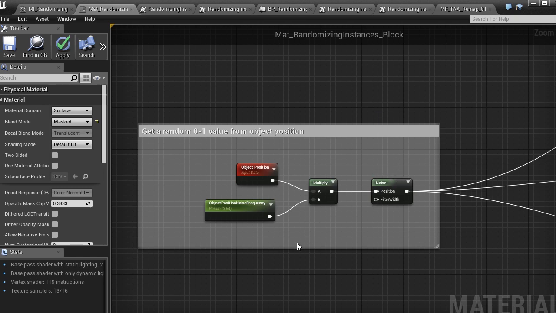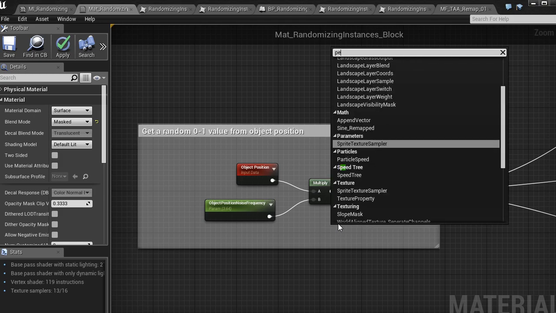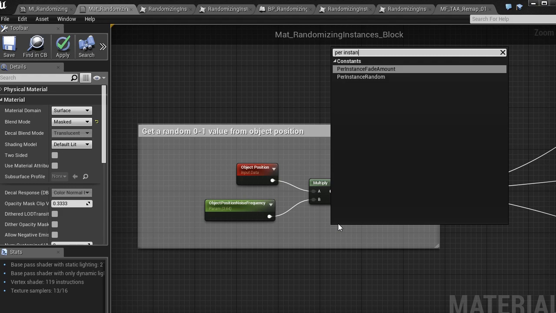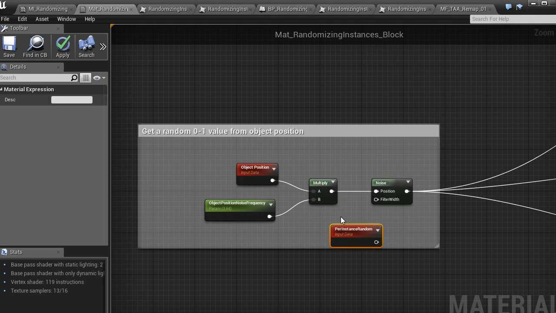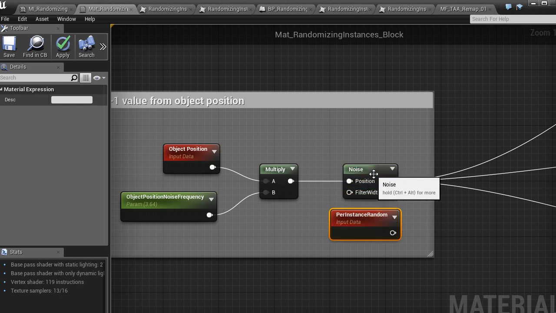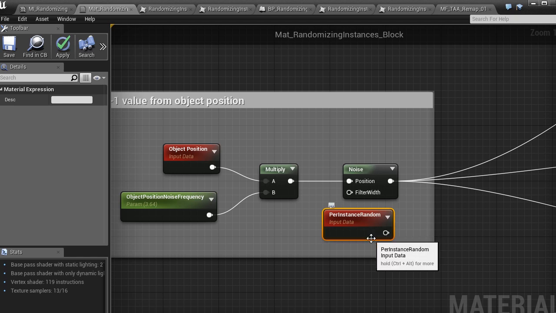If you were doing instancing instead of static meshes, then you have access to the node that's called per instance random. And you can use this per instance random instead of the noise here. It's automatically generated for every separate instance, allowing for some nice randomization of them.